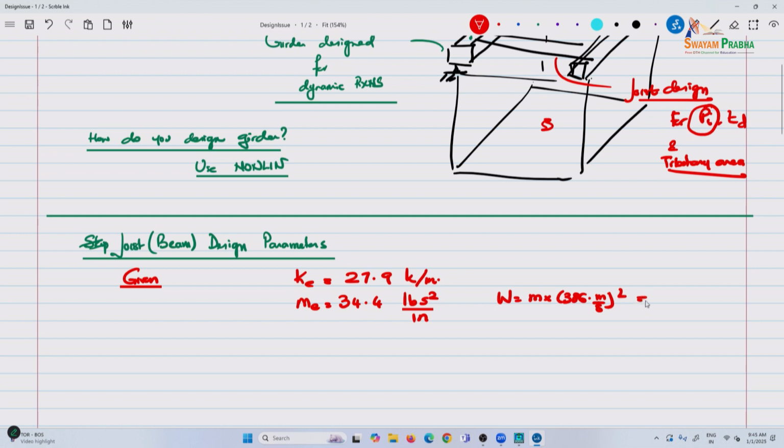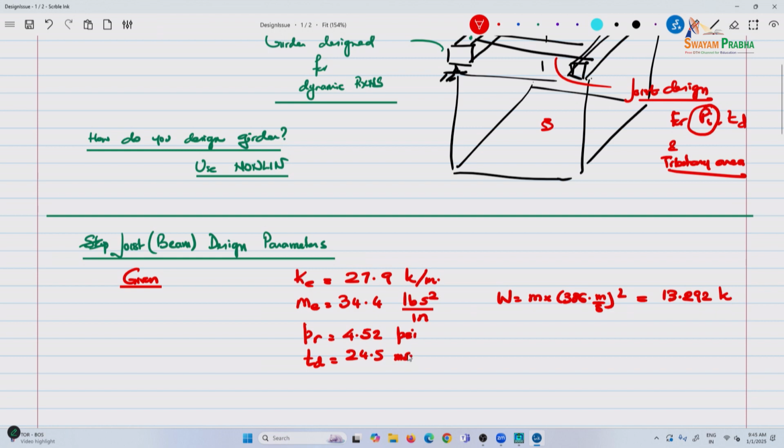So, this comes to 13.292 kips. The reflected pressure was 4.52 psi, and the duration was 24.5 milliseconds,